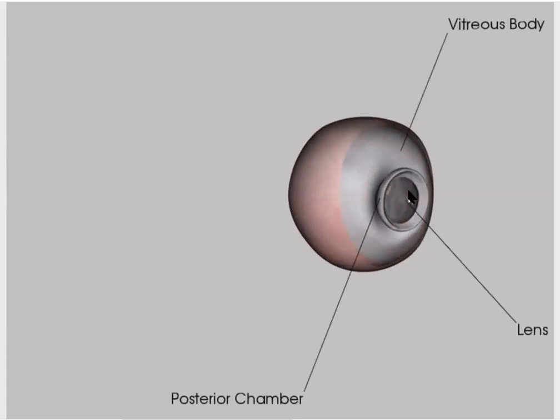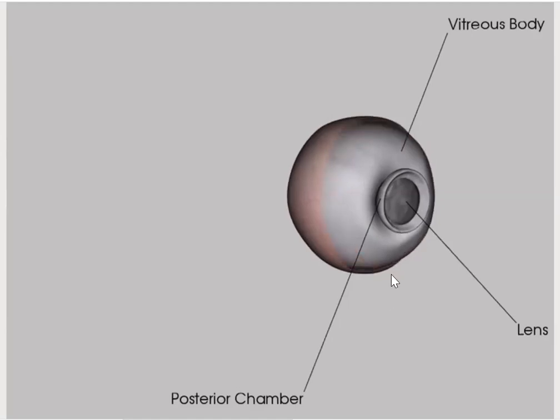Okay, so we strip away the iris and now we can see the posterior chamber. Remember I mentioned that the landmarks for the posterior chamber are going to be posterior to the iris, but anterior to the lens, okay? And then